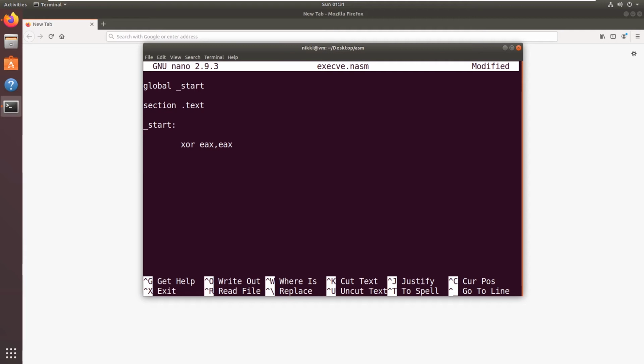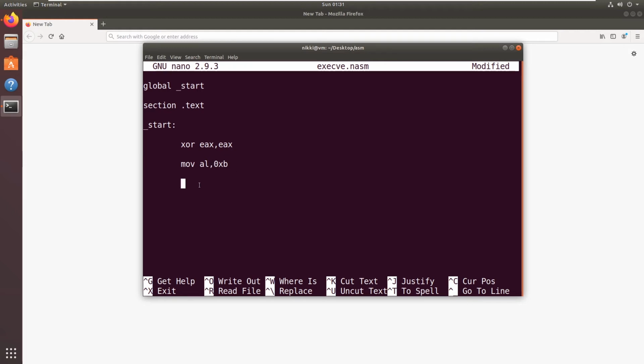It simply clears the contents of that register. Now we need to move the value 11 into the AL register. Remember, we are doing this to copy 8 bits into the 8-bit register of EAX so that we don't get any null bytes. So 0xb. We have successfully completed the first argument.